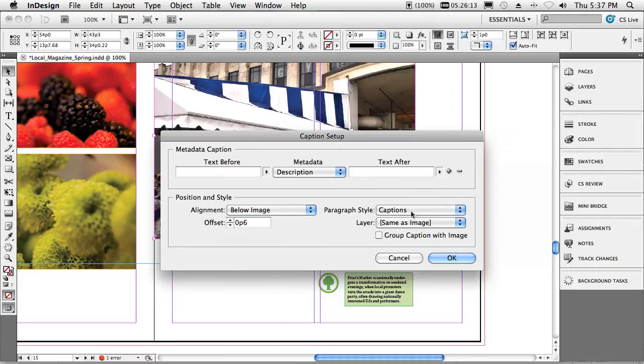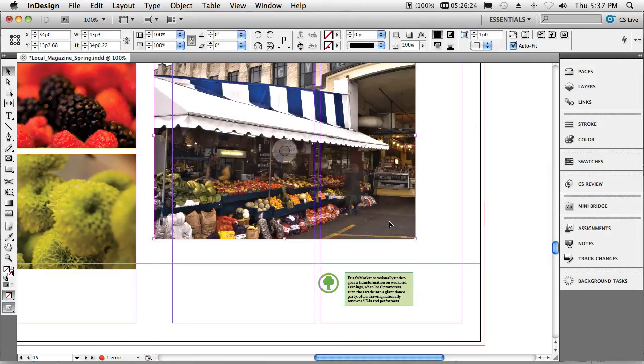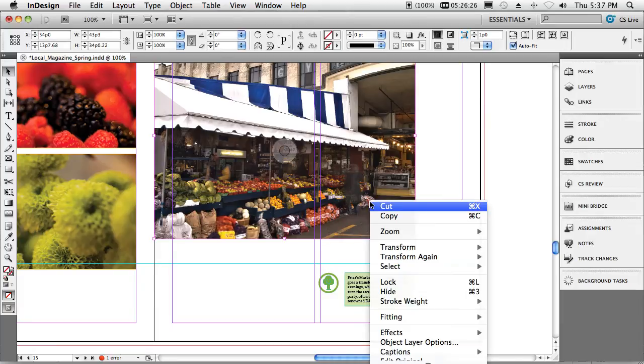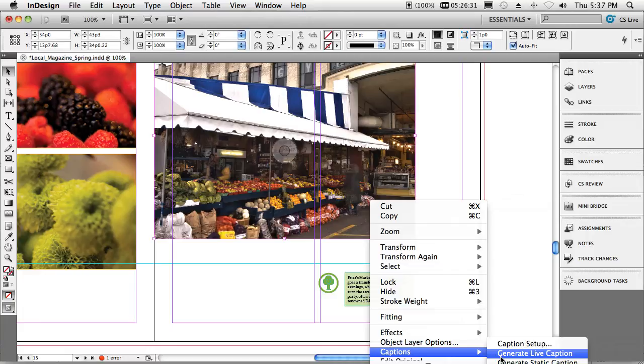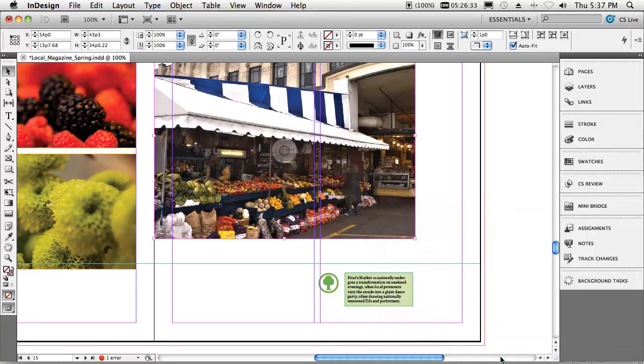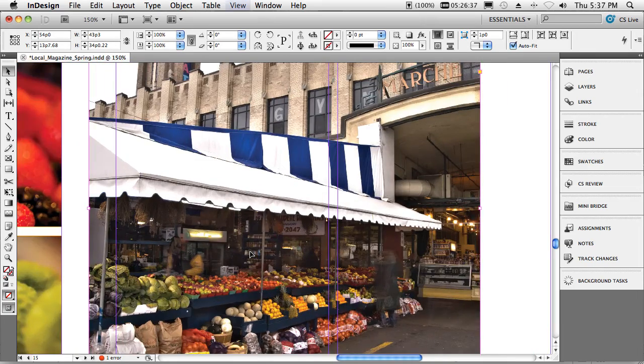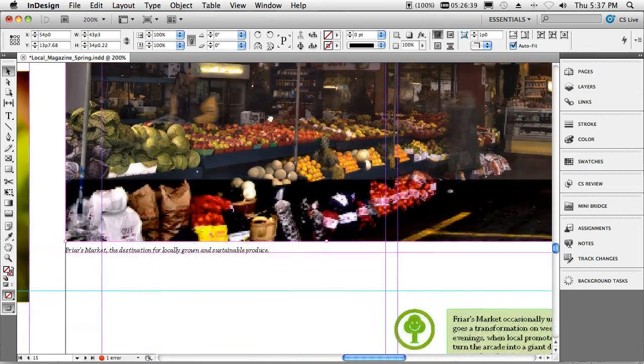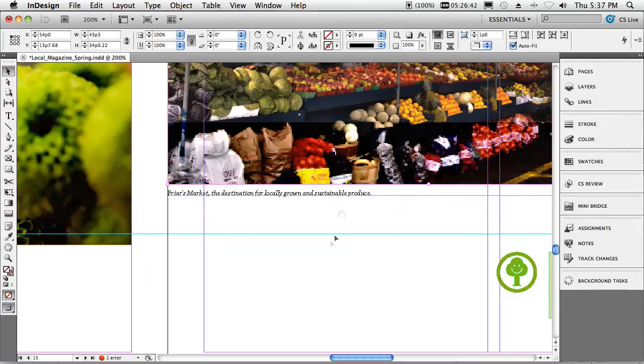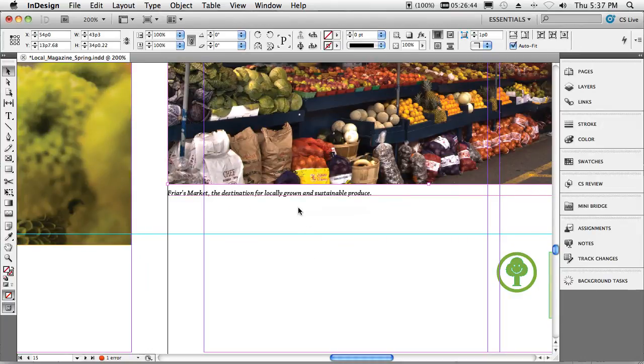Down below, I get to dictate exactly how the position and style of that caption will come in, and I even have a paragraph style sheet to format the caption. So we'll click OK, and all that does is turn the feature on or set it up. Now we'll right-click one more time on that image, and we'll go to Captions, and we'll say Generate Live Caption. In other words, create the caption based on the settings I just put. So now if we zoom in on this, we can actually see that it generated the description underneath that photo from the actual